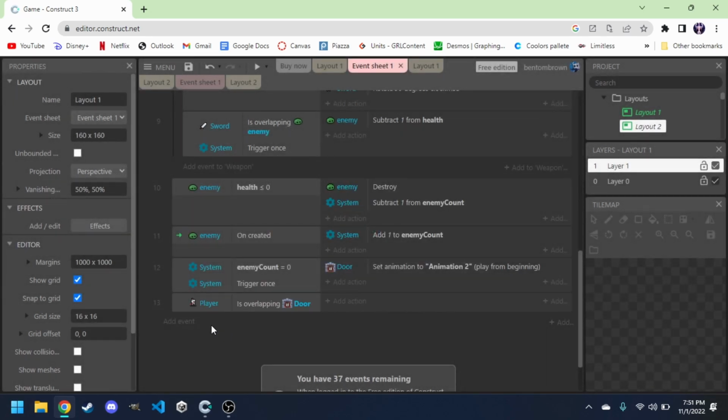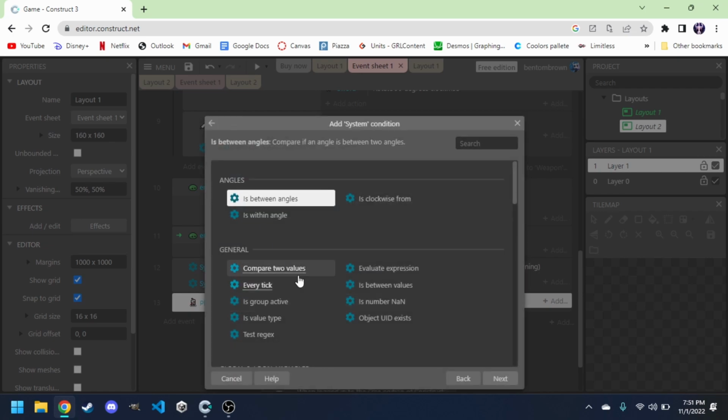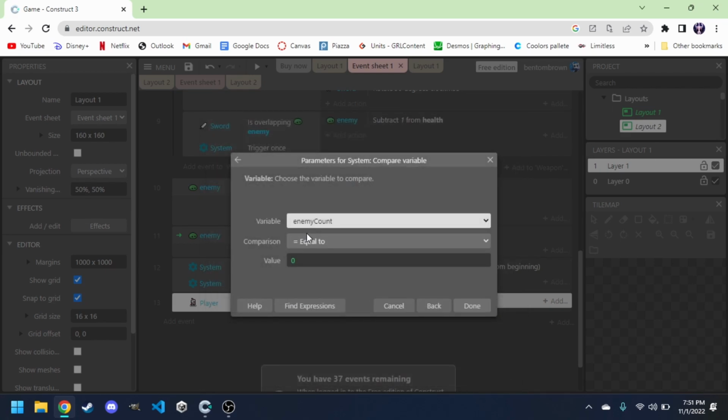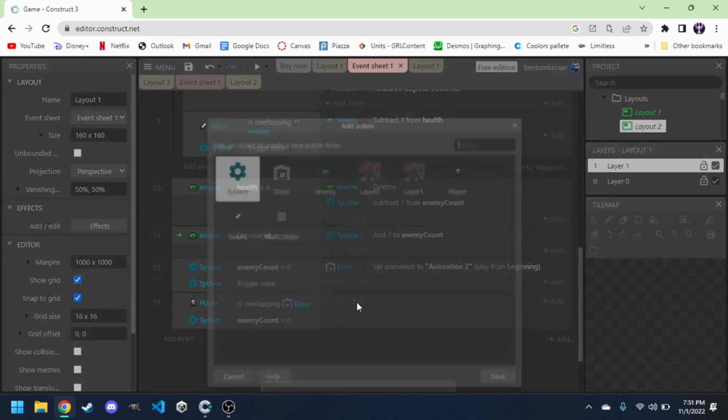But we want to make sure that he can't just walk straight through it when there's still enemies on the screen. So we're going to hit the system, and we're going to compare a variable. And we're going to say enemy count equals 0. So if he's overlapping the door when there are no enemies on the screen, we're just going to go to